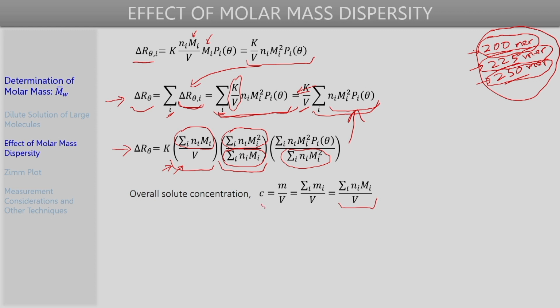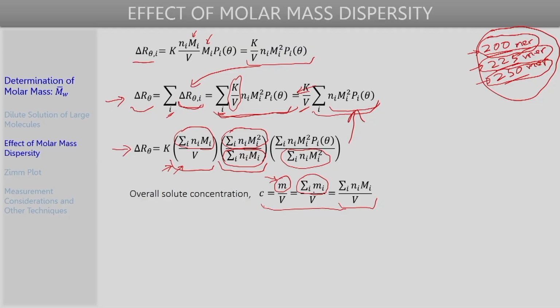So, let us go through this step by step again. We are considering the overall solute concentration. So, that is the overall mass of the solute divided by the overall volume of the solution. So, total mass of the solute, let us say, is small m. So, this small m we can write as just sigma mi, where mi is again the mass of the polymer molecules having a particular chain length and a particular molar mass, capital Mi. So, if we sum over the mass of all such different types of polymer chains present or lengths of polymer chains present, then that will give us a total mass of the solute in our solution.